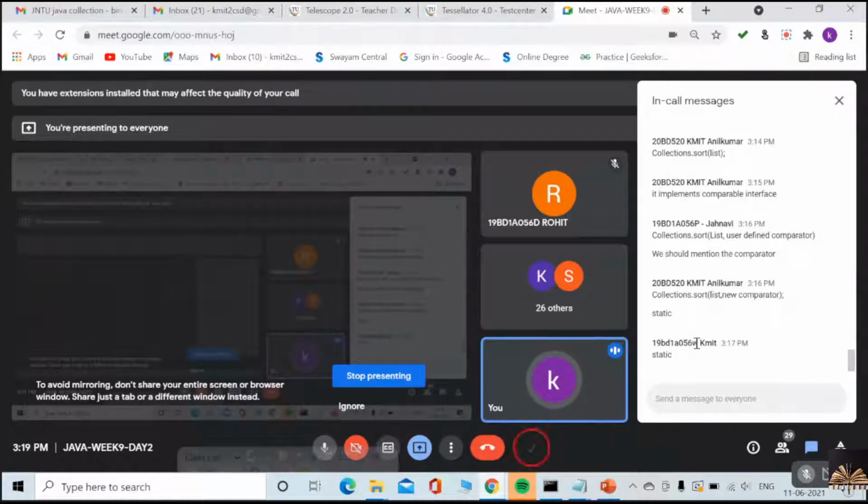Priority queue, PQ equal to new priority queue of new comparator logic we are supposed to pass, no? Along with the priority queue object creation itself, we need to pass the comparator logic. Yes or no? Object of the comparator.